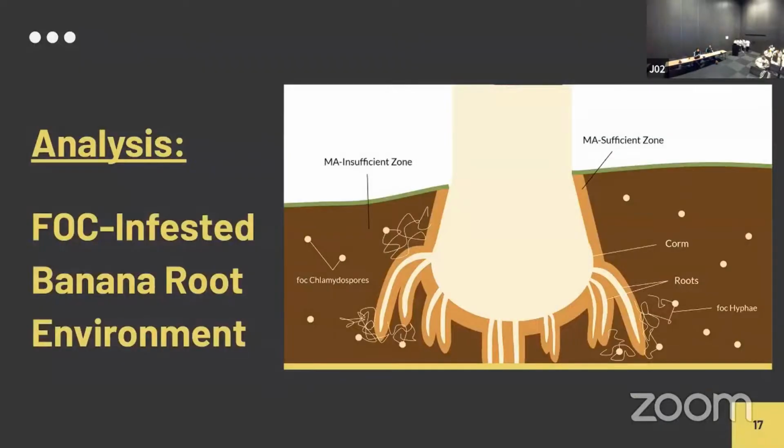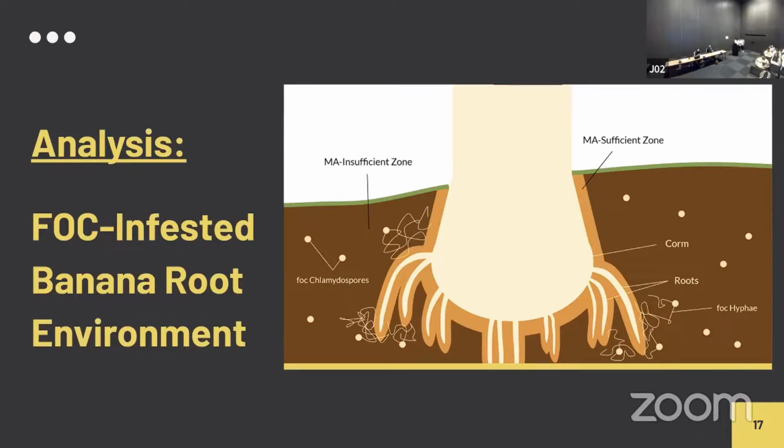To more precisely approach the issue at hand, we analyzed the infection dynamic between FOC and the banana root. In the soil, the FOC chlamydospores essentially germinate in response to the detection of the root exudates of the banana plant, and this root exudate contains malic acid. So by the principle of diffusion, the soil can be divided into malic acid sufficient zones, MA sufficient zones, and MA insufficient zones. For FOC to successfully attack and infect a banana plant, it must enter this MA sufficient zone,